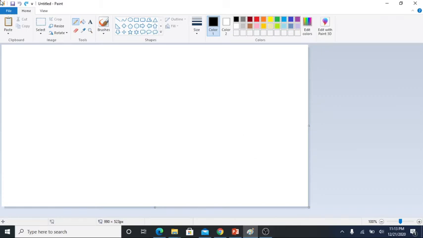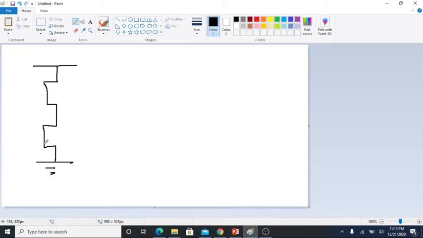So I am opening the paint window because it is easy to operate. Suppose we want to make a stick diagram for the inverter. Let us start with the CMOS inverter. Instead of the NMOS inverter, we will first understand how to make the stick diagram for the CMOS inverter.